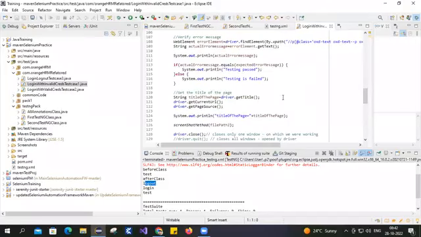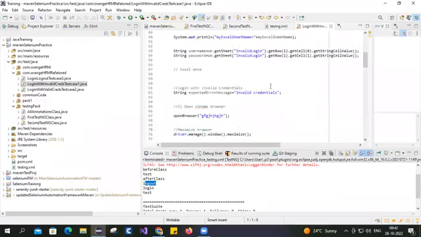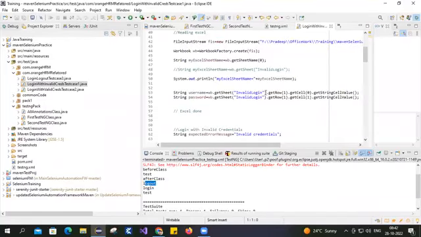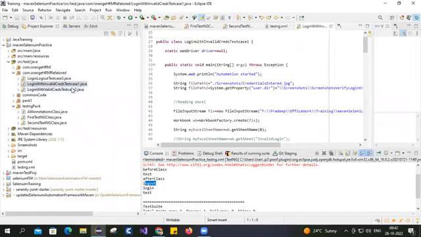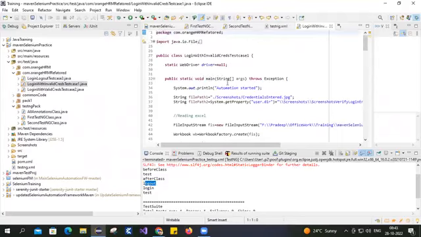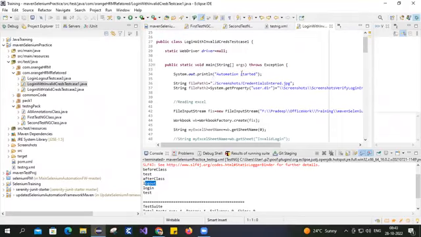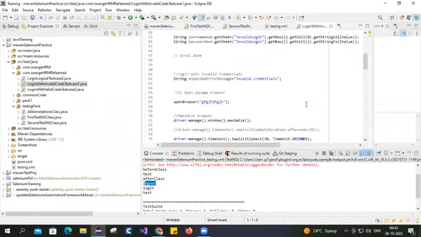So this whole code, let's say we would write it. Here test case 1, test case 2, test case 3. Different classes we can create, and with the @Test annotation we can say, okay, login with invalid, login with that, or login with this. So likewise we can give, or else